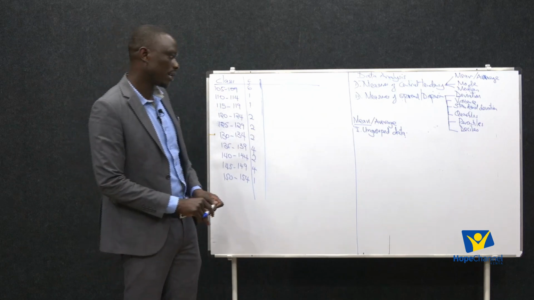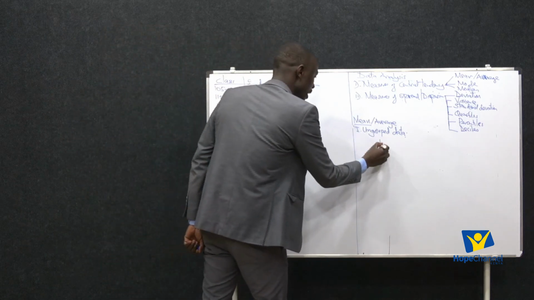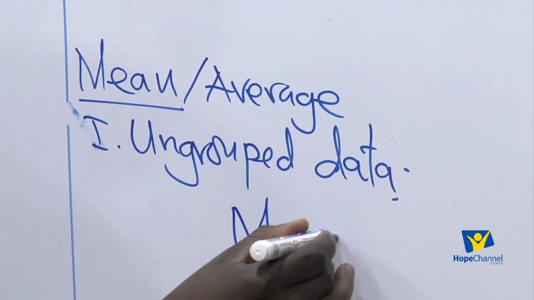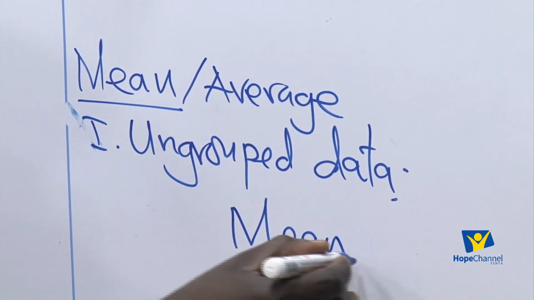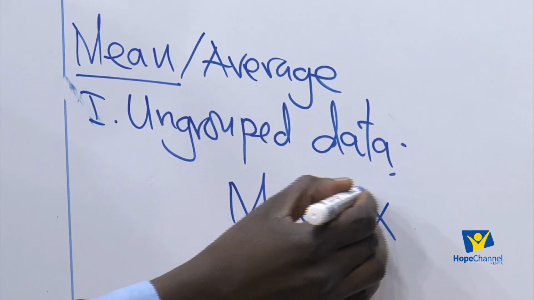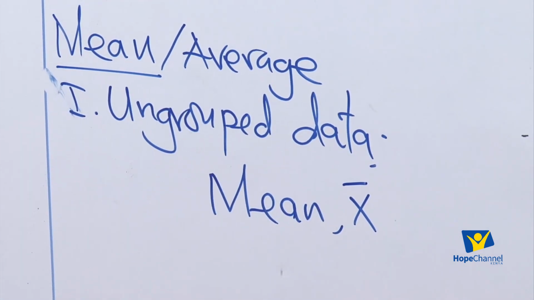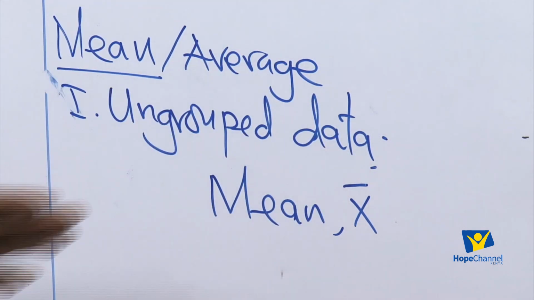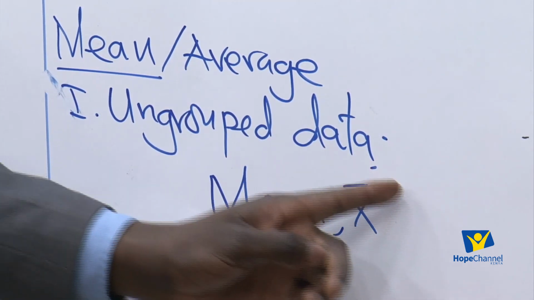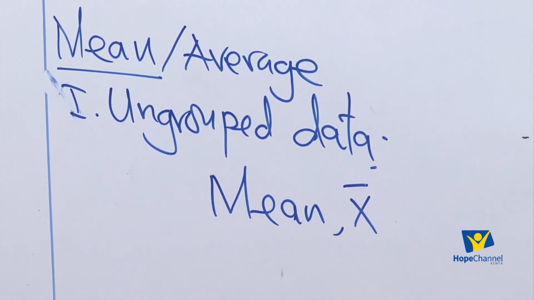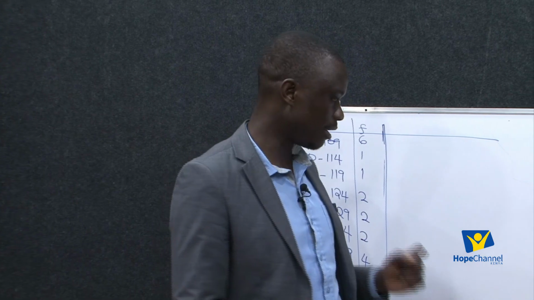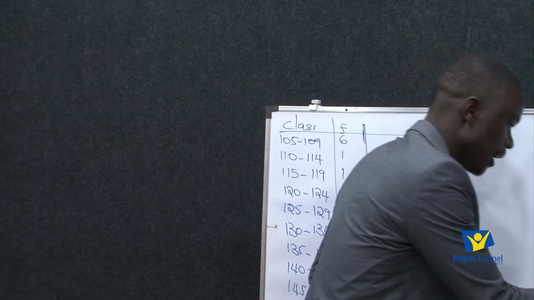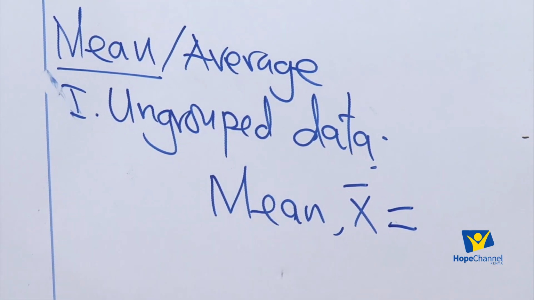So how do we calculate the mean? There is a symbol for the mean. Mean is always represented by x bar. We write x, then we put a bar on top. That is the representation of the mean. So how do we calculate the mean of ungrouped data? Mean is equal to